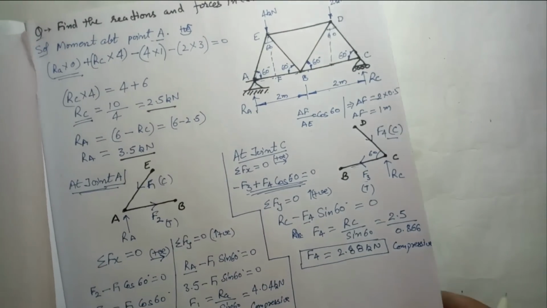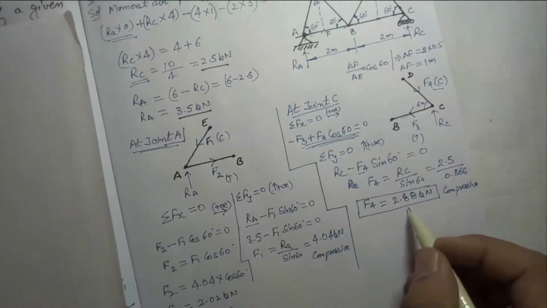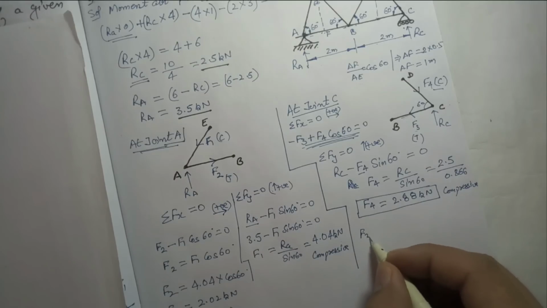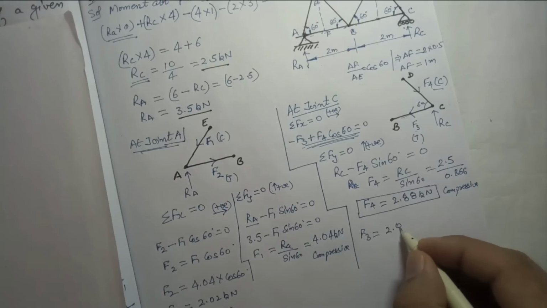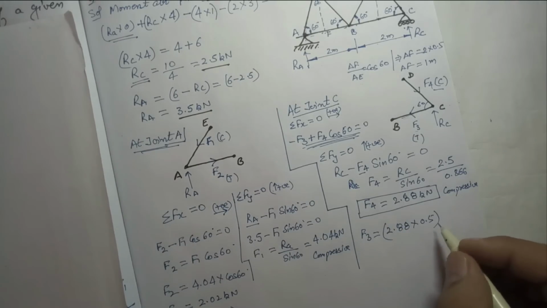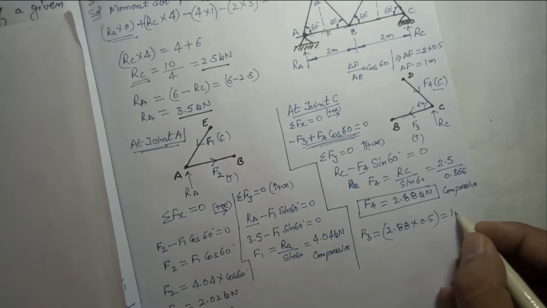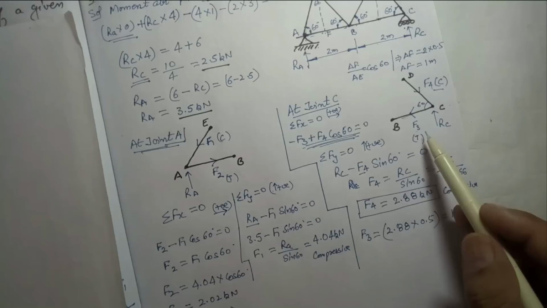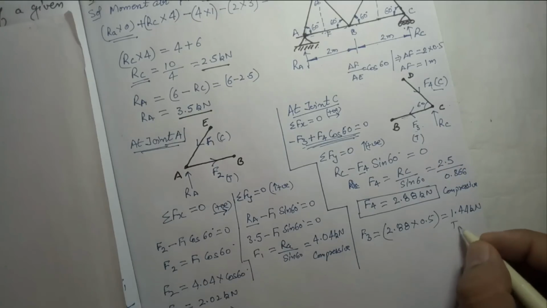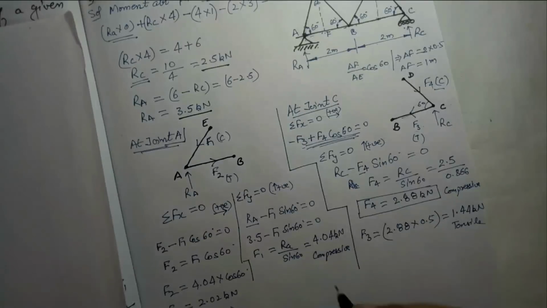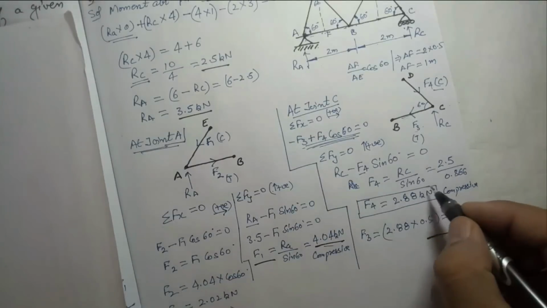Now this is F4. Now we will fill this value here, minus F3, or we can take in that direction. F3 will be equal to F4, that is 2.88 into cos 60, that is 0.5, and directly we are saying we are having the value of 1.44 kilonewton for F3, and again it is positive, so we are taking F3 tensile, so my answer is the same, tensile. So we have calculated till now the F1 force, the F2, and then F3 and F4.